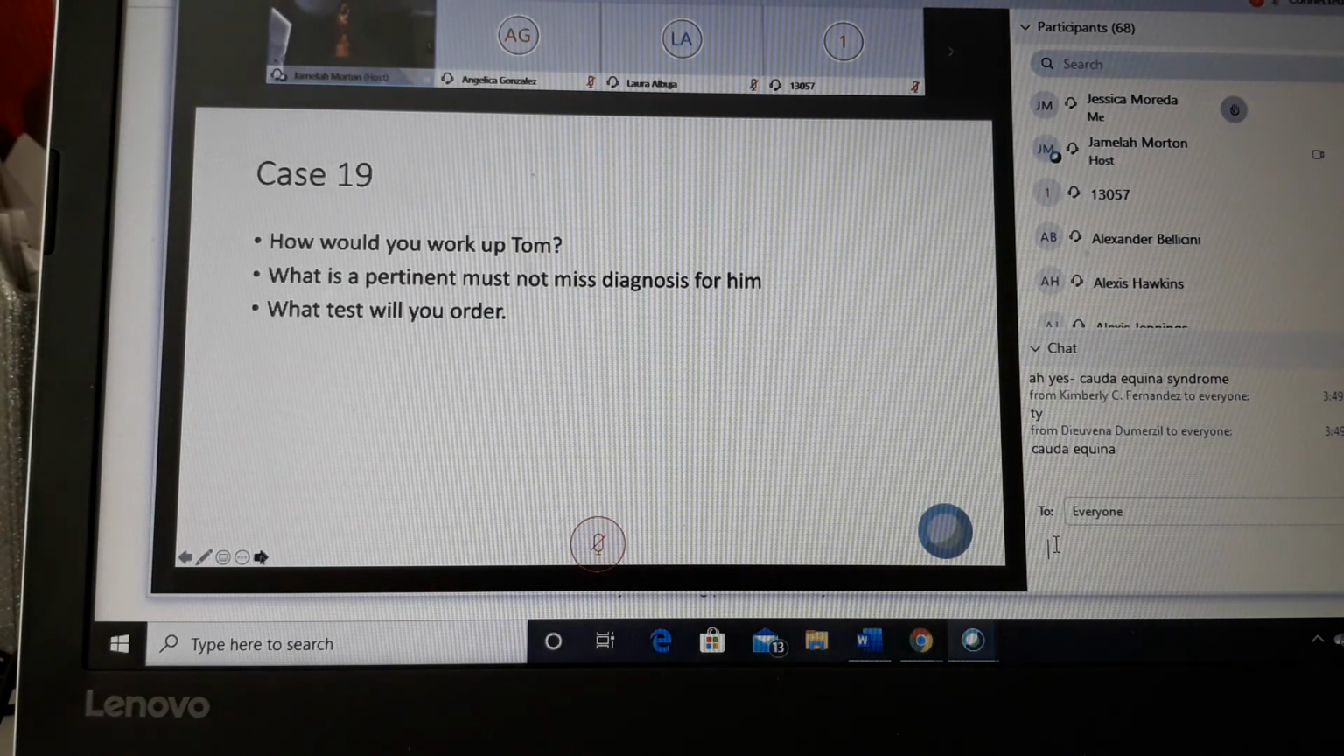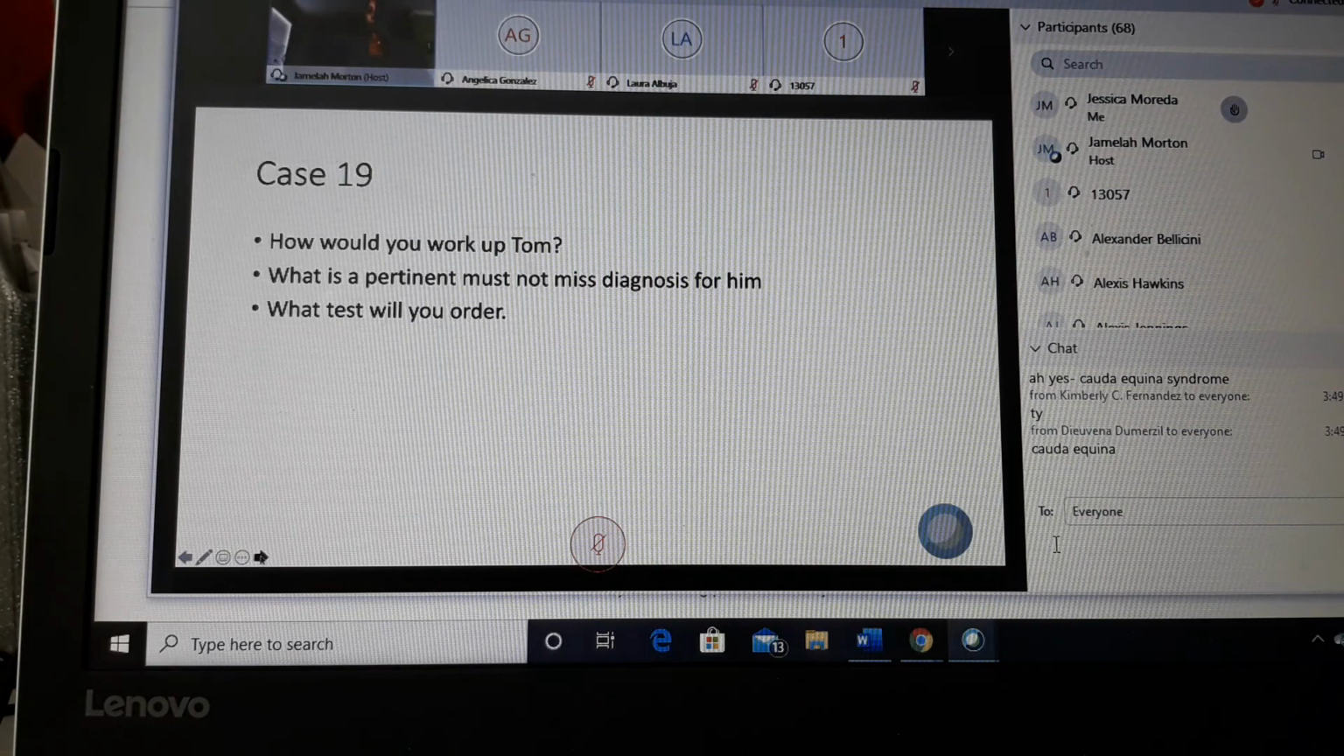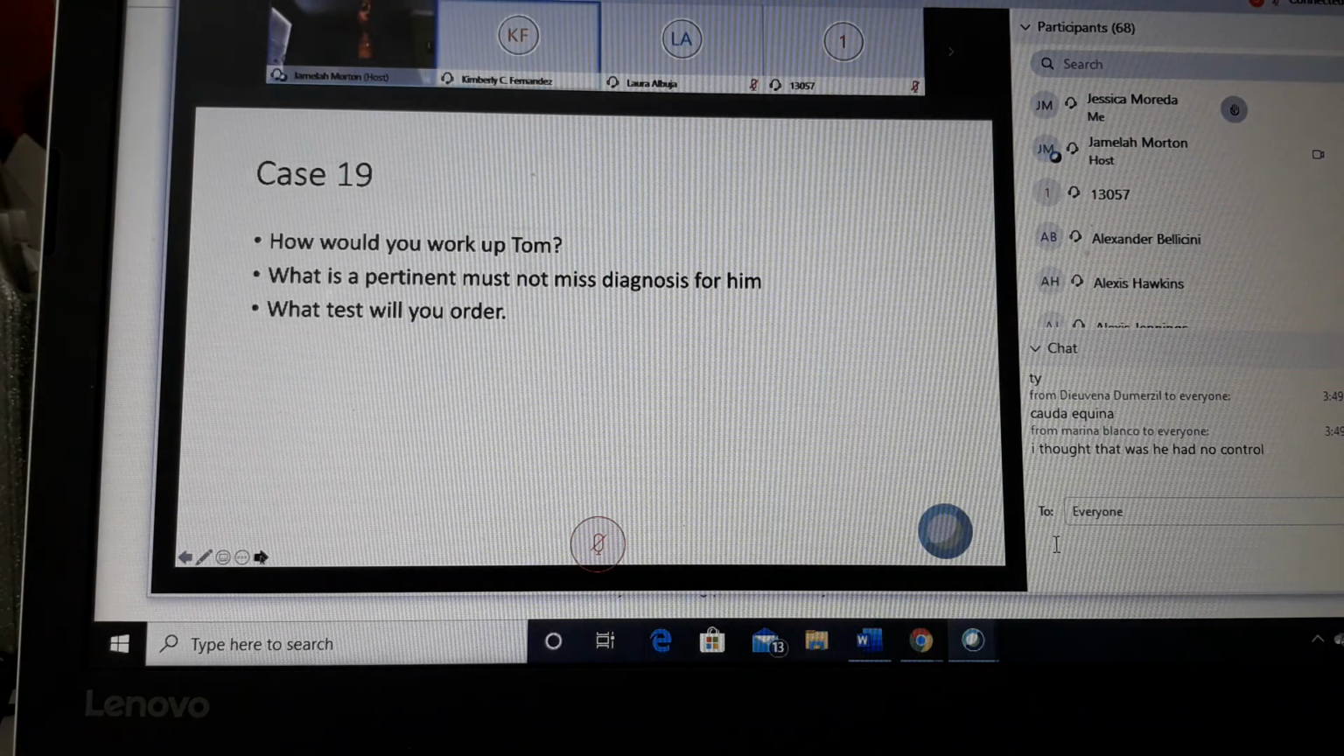How would you work up Tom? Cauda equina syndrome, I think. How do you work up Tom? Can we start with the workup? Oh, sorry. How do you work him up? I know everybody's anxious to give the diagnosis. Dr. Abuha tells me you guys already have it. So,